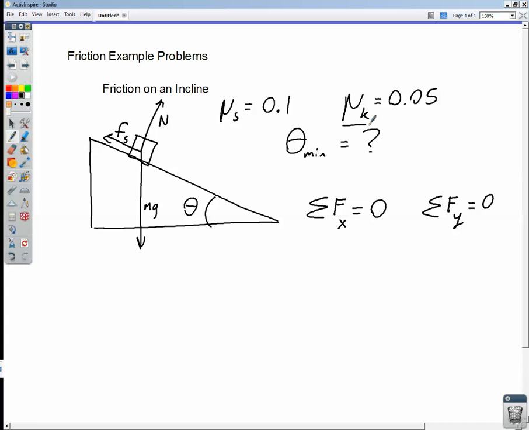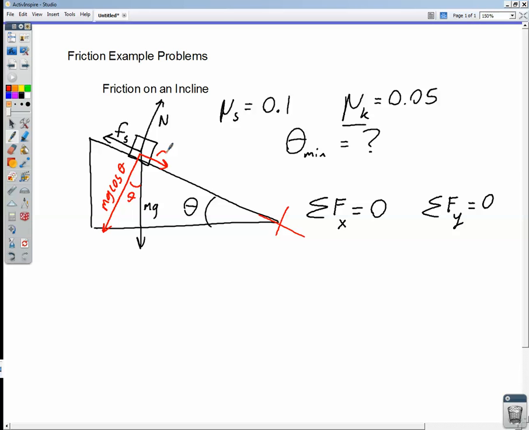All right? So first up, we've drawn our free body diagram, and we remember that when we do inclined plane problems, we have changed our coordinate system so that the x-axis is parallel with the ramp, the y-axis is perpendicular to the ramp. So with that in mind, the normal force is going straight in the positive y direction. The frictional force, the static friction force, is going straight in the negative x direction. So we have two components of the weight, one in the x direction and one in the y direction. So this is going to be theta in here, and our y component is going to be mg cos theta, and our x component,